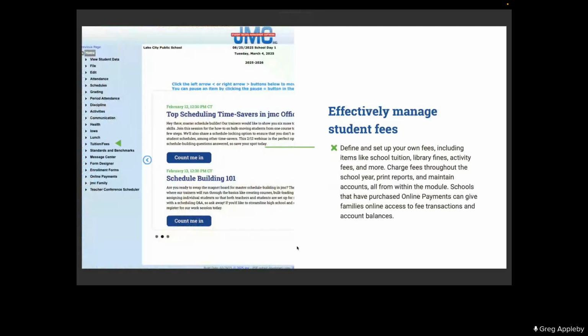All right, student fees. Define and set up your own fees, including items like school tuition, library fines, activity fees, and more. Charge fees throughout the school year, print reports, and maintain accounts, all from within the module. Schools that have purchased online payments can give families online access to fee transactions and account balances. That's right. The online payments allows for those credit card payments to be able to pay for lunch deposits or